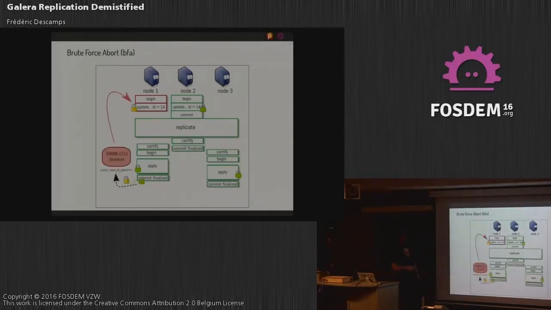When this one does the next thing, whatever it is, we will have a deadlock coming. The deadlock already happened because the applier said, I have to brute force abort that transaction, but you will get the answer only at the next statement, not before. And mostly it's always the commit, and then you get the error at that time. Okay, but this has been already implemented.